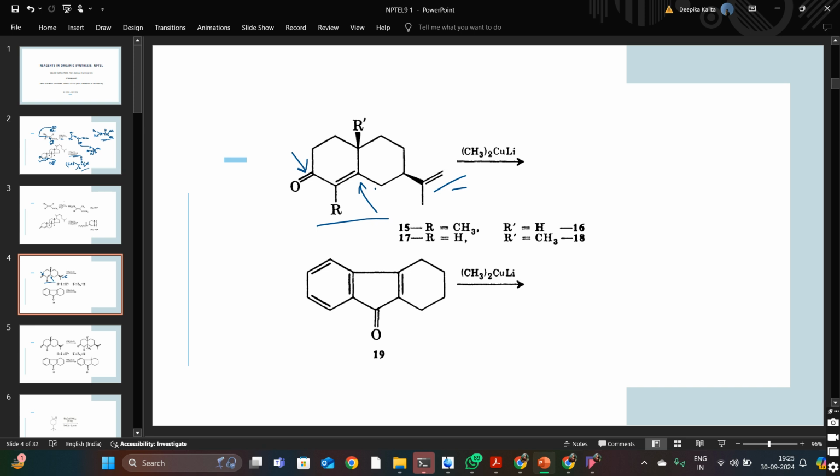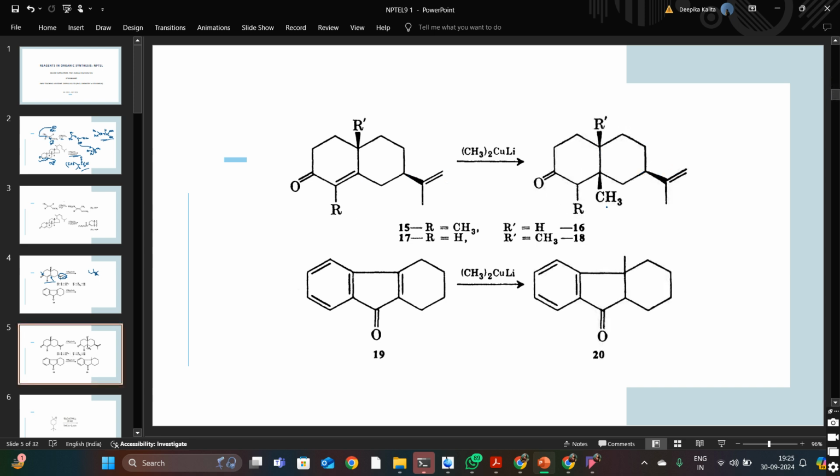So in this case also, according to the HSAB principle, the incoming nucleophile is going to prefer the alpha beta unsaturated keto double bond above this terminal double bond. So you are going to simply get the product where you are going to have the addition of methyl at the junction. See, this is the product you are going to get. And here, when it comes to the quenching part, we are not adding